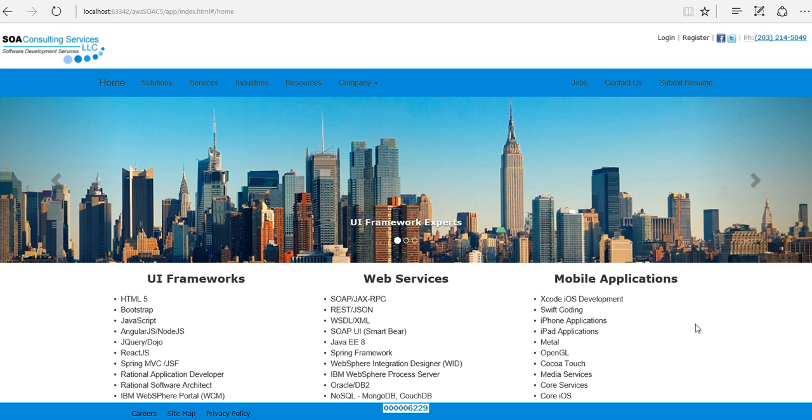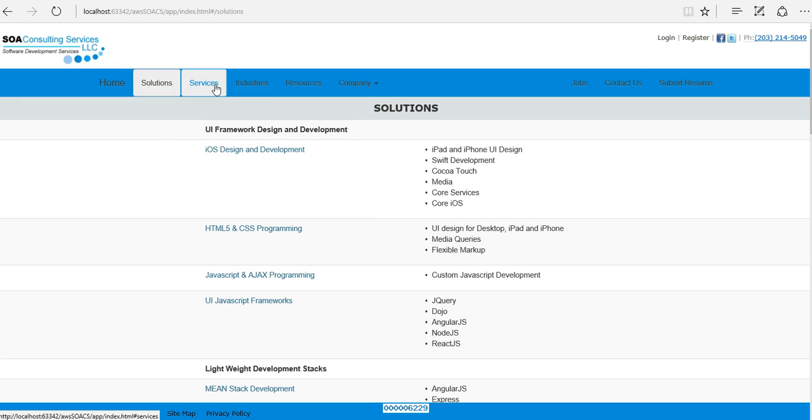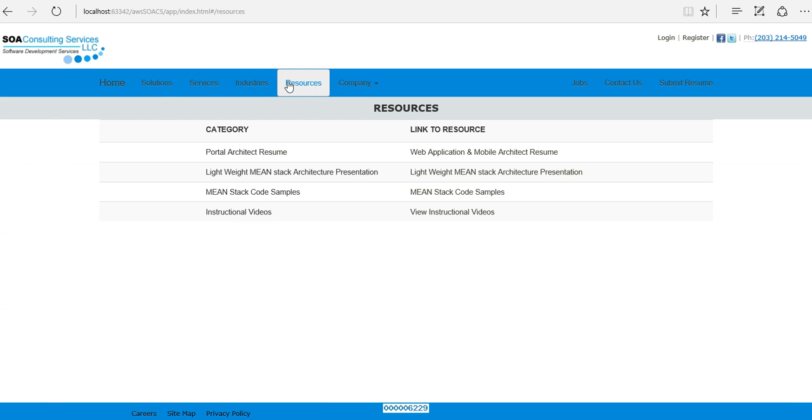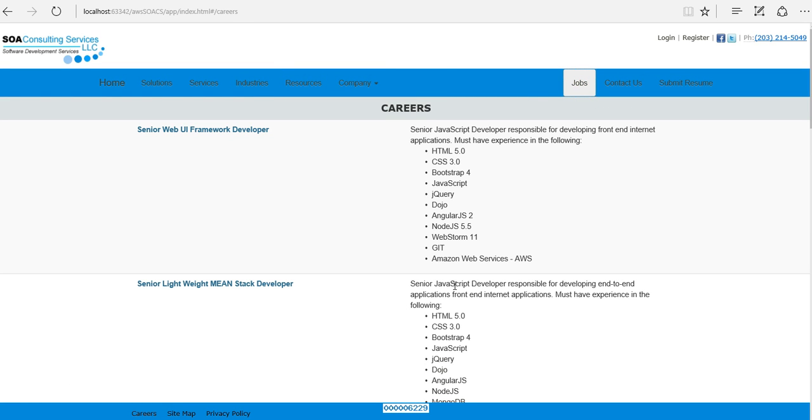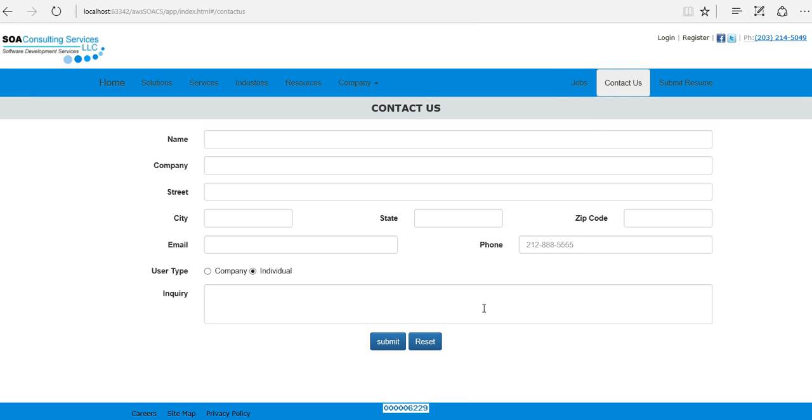When I think about configuration, this application at the moment mostly contains static templates, but there are some dynamic aspects. I have documents stored that I'm retrieving. I have jobs I could be pulling from the file system or from a Mongo database. I have a contact us form I could be posting to a Node.js action, and that action might need to know email server configuration,